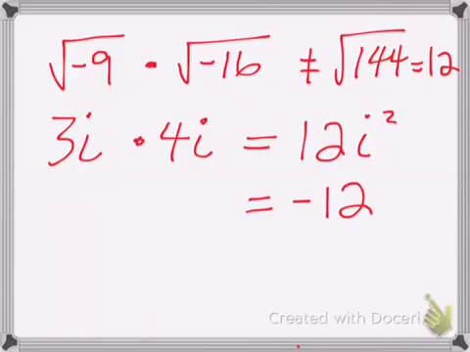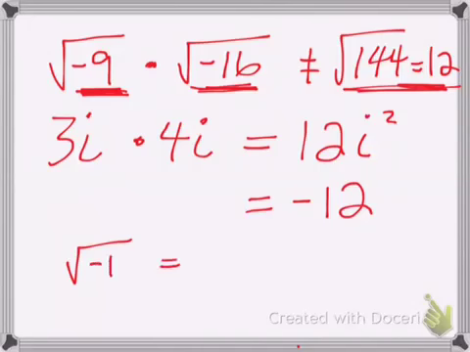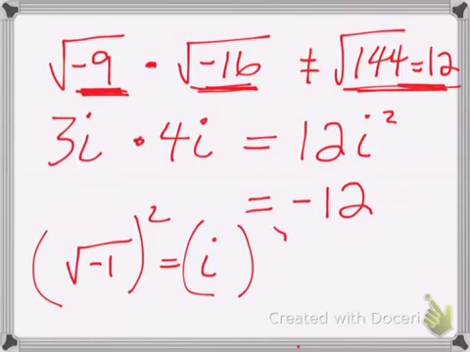So in the complex world, we can't just do what we've always wanted to do and multiply negative times negative and get a positive. It doesn't work that way. In the complex world, you have to deal with the square root of negative 1, the imaginary unit, before you can do anything else. Now, we flew right past it. Why is i squared equal to negative 1? Because the square root of negative 1 equals i. And if I square both sides here, what do I get? Negative 1. i squared equals negative 1.